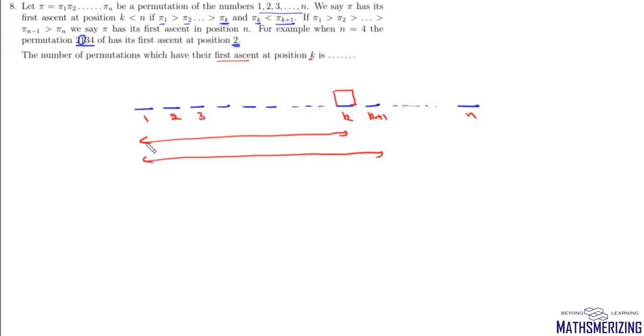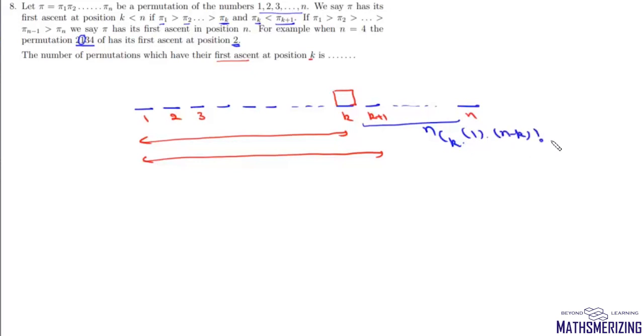So first we'll find k numbers from these given n numbers. From these given n numbers, we can choose k numbers in nCk ways. Now once we have these k numbers, we have to arrange these numbers in descending order. So we'll arrange k distinct numbers in descending order. It can be ordered in only one way. Now what about the remaining n minus k numbers? The remaining n minus k numbers can be arranged in n minus k places in factorial n minus k